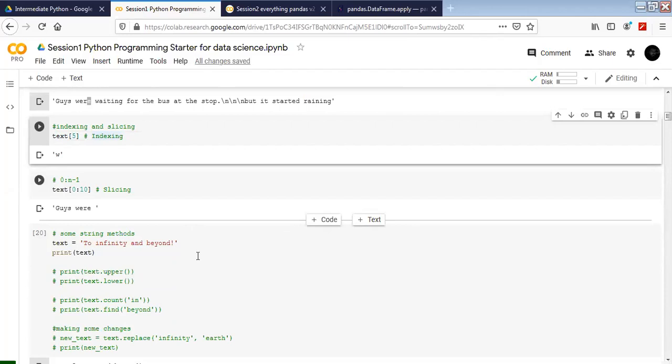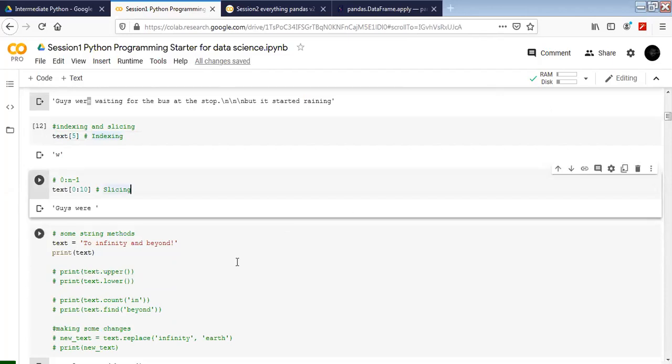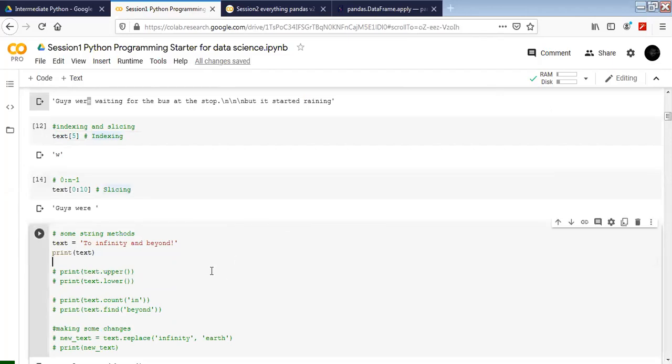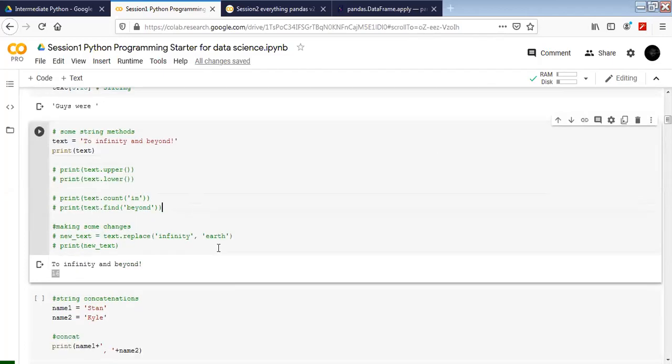All right, so with two screens, you can see your code side and my explanation, the Zoom video. So far we have reached count and finding something in a string. Now let's make some changes to the string. To change, we have a function called dot replace. For replace, the first argument is whatever we want to replace, and the second is what we want to replace it with.